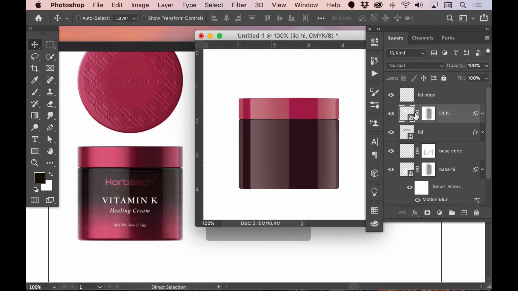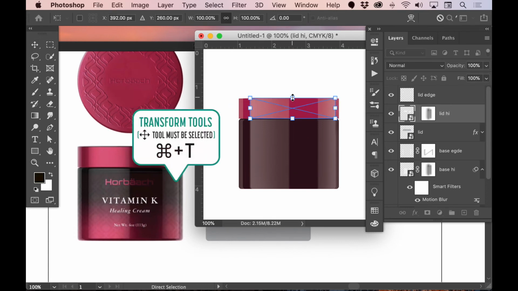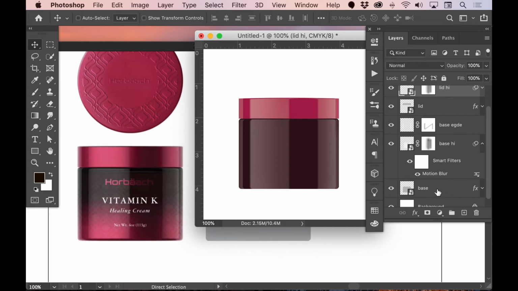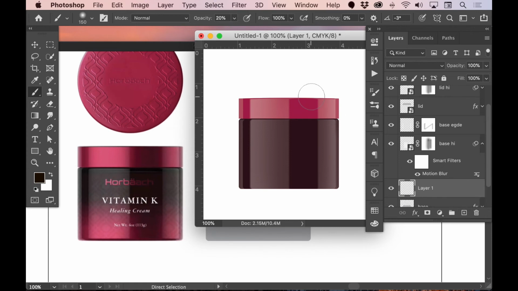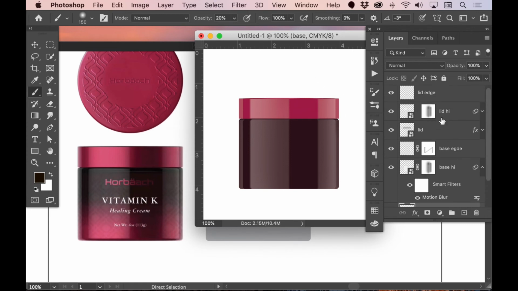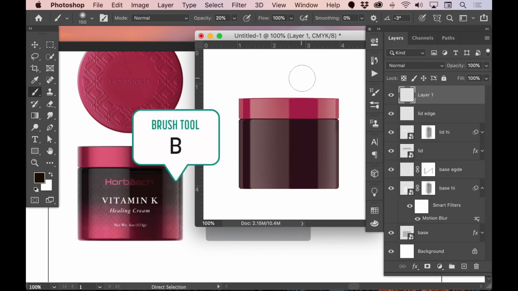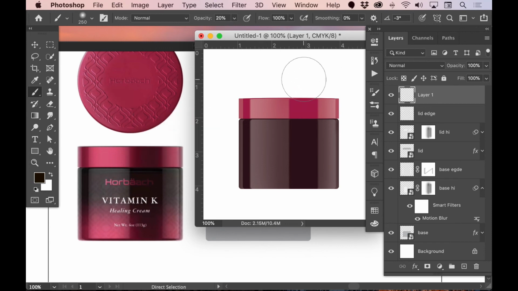If I want to pull this down a little bit, I'll unlink it from the mask for now, but I can bring it off the edge a little bit, similar to what's going on here. And then if I want to get some of these dark spots in here, I can literally just add, let's say, a brush stroke. I'm going to create a new layer here. Actually, I'll create this layer at the top here, and again, I still have 20% opacity. I'll make the brush about that big,